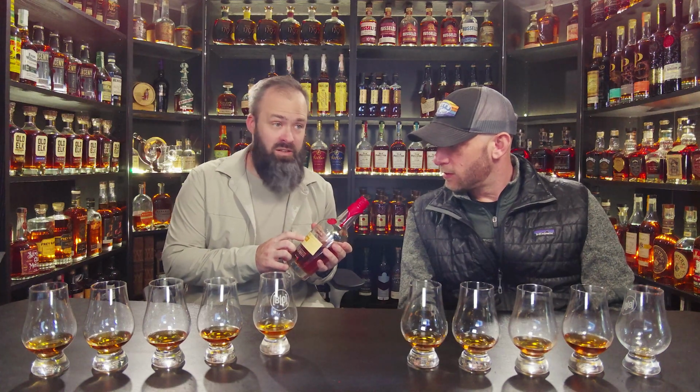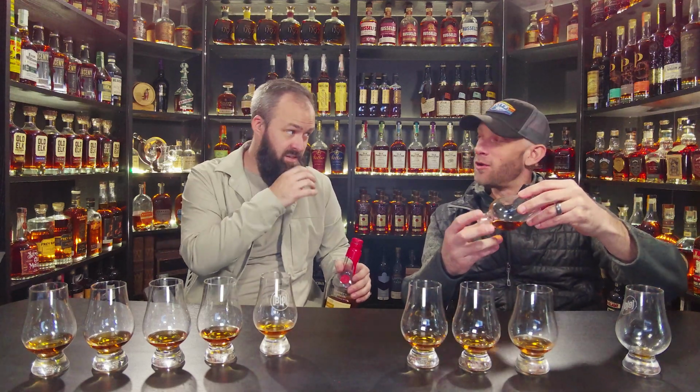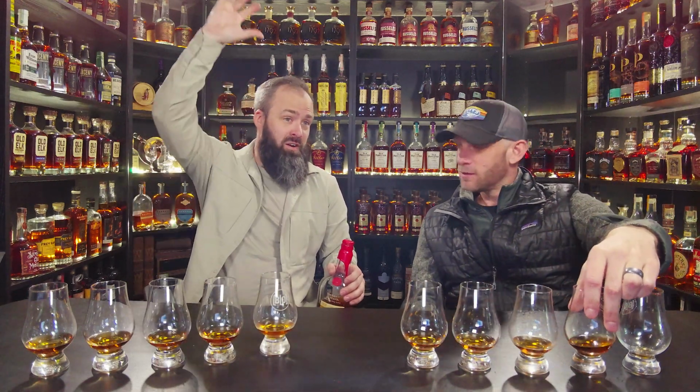BRT1. Okay. BRT stands for Barrel Rotation Technique. And that's what creates the... So Maker's Mark has this. Is it similar to the roll? Right, kind of. But they roll it around the different floors of the rick house. So it spends so much time up on one higher rick floor, which changes the flavor. We learned this in a previous episode. Exactly. So this one here has butterscotch for days. So like more depth to the flavor as it moves around, picks up sort of the different climates of the...